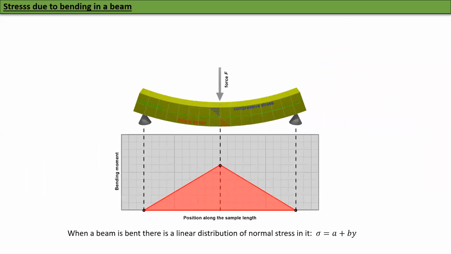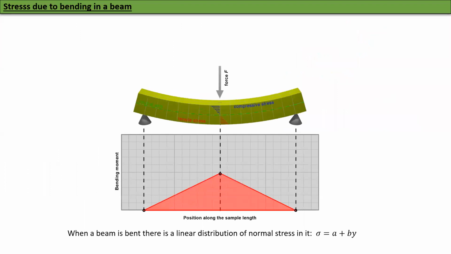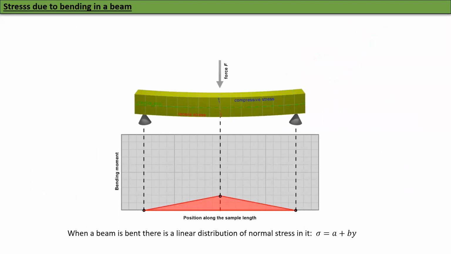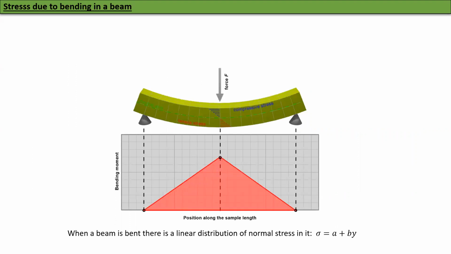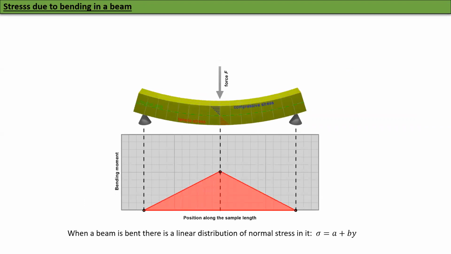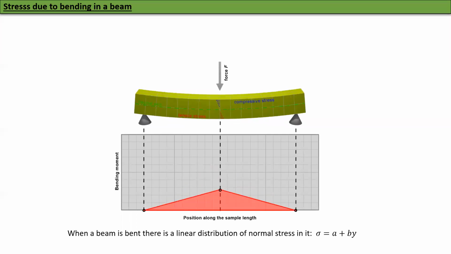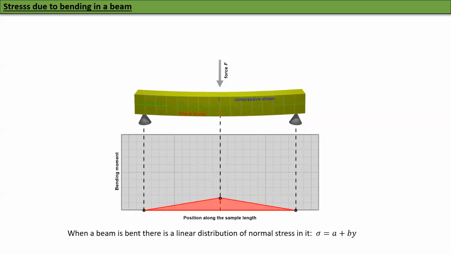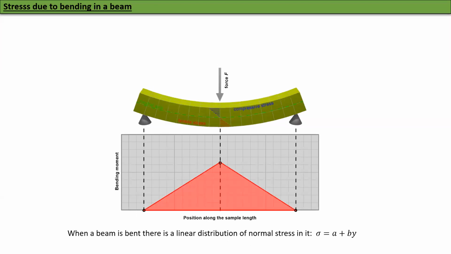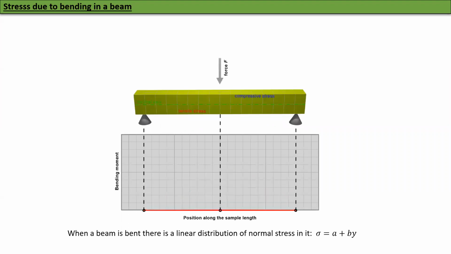Okay. So when you bend a beam, you know that in the beam there is tensile stress and compressive stress, as you can see. There's a linear distribution of stress, sigma equal to A plus By. A may be 0. I'm just showing you that A plus By is how the axial stresses will be. Normal stresses will look like that. By the way, linear normal stresses are called bending stress. It's not a new kind of stress. It's just a stress distribution. If your normal stress is distributed linearly, then it will be called a bending stress.